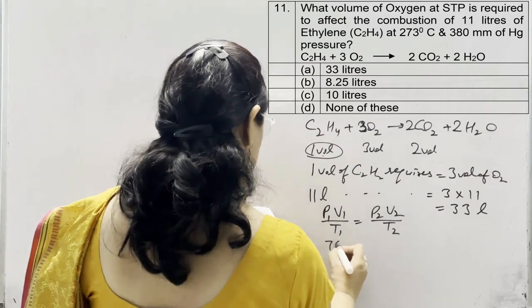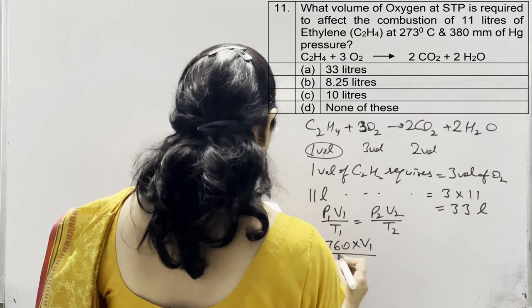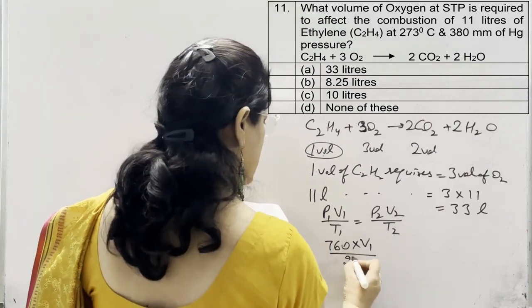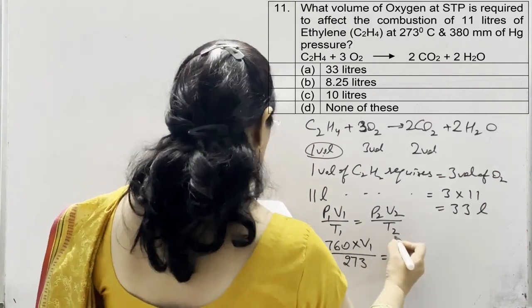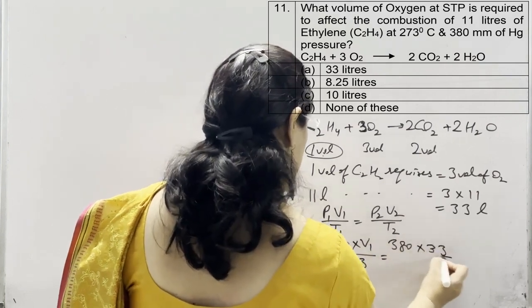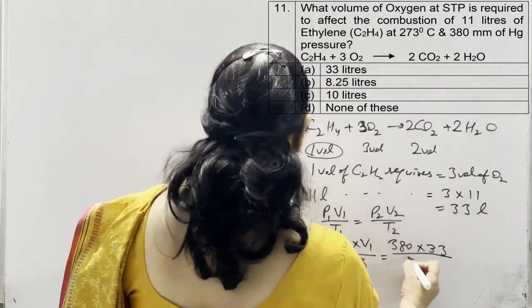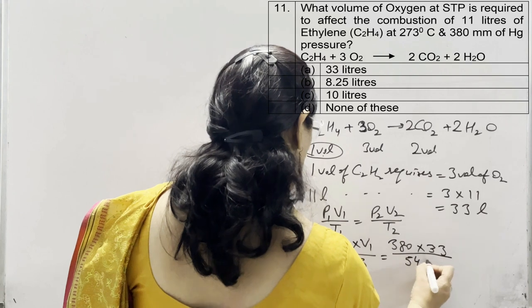So the value of P1 at STP is 760 millimeter mercury. V1 we need to calculate. Temperature is 0 degree Celsius, it means 273 Kelvin. P2 is given as 380 in the question. V2 we have calculated as 33 here, and temperature is 273 plus 273,